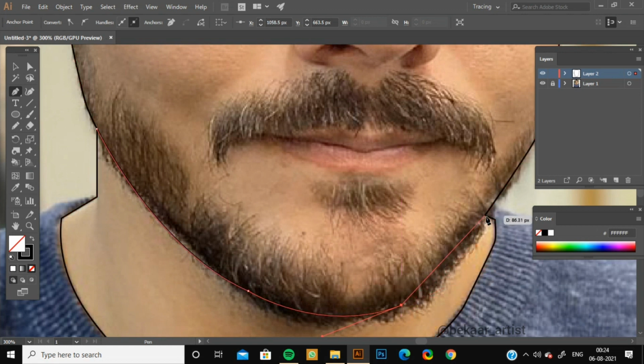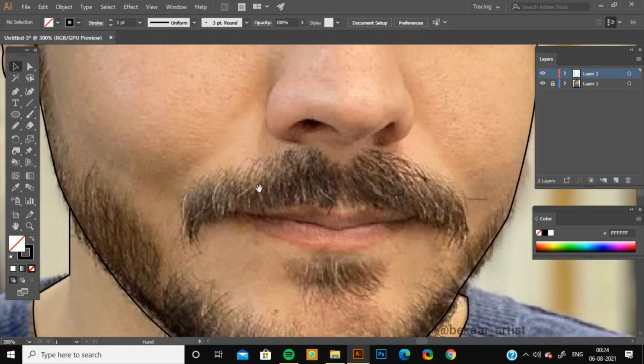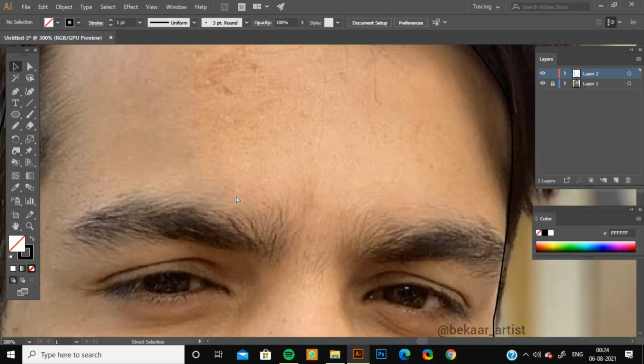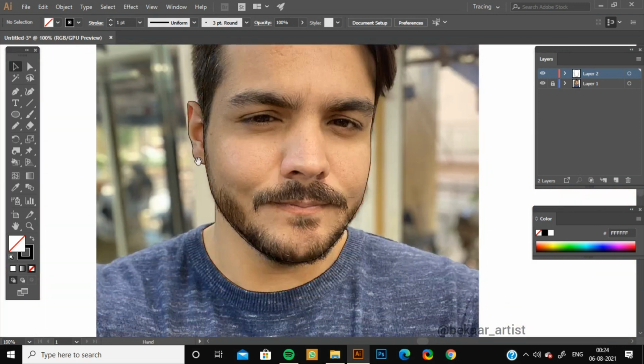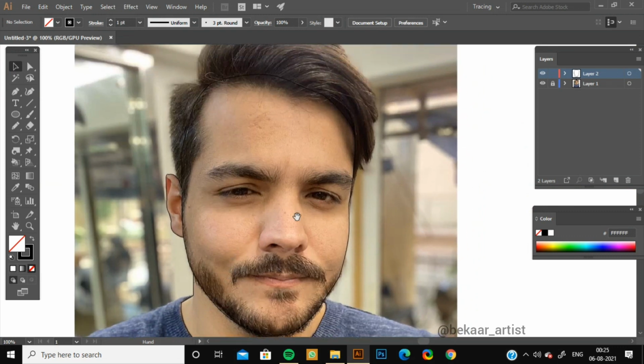And then join it here, give a curve, and then leave the stroke open. So as you can see, this part is done.